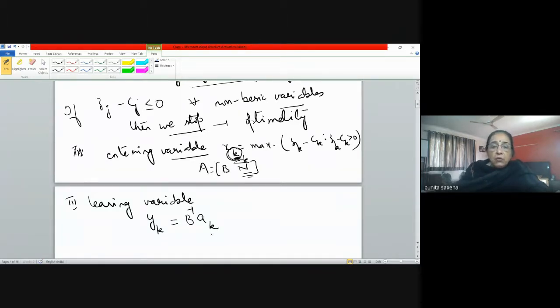That means, what are we doing? We are choosing that column of A which corresponds to the variable that is going to enter the basis. ठीक है, वो kth column हो गया हमारे पास. That means that corresponding column in A is nothing but AK. Okay, so what we do is we compute B inverse AK and call that YK.